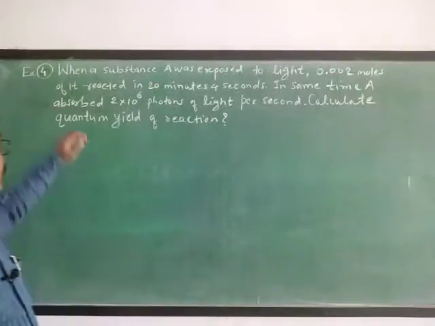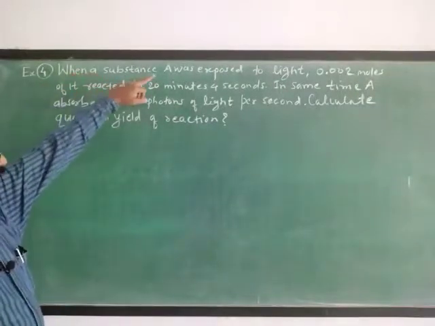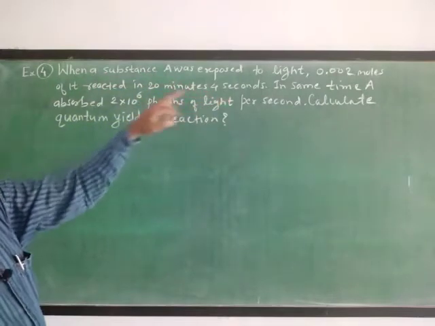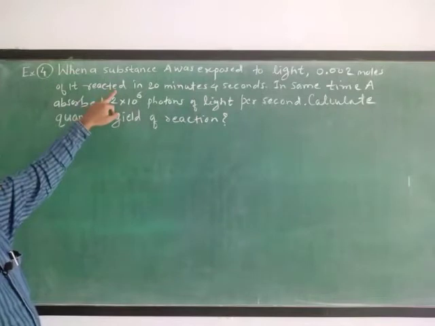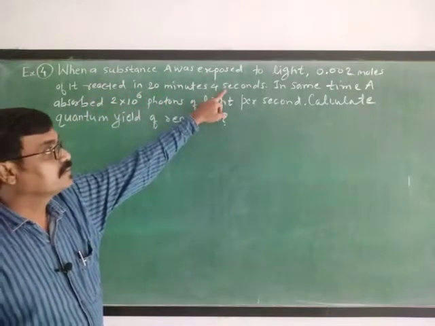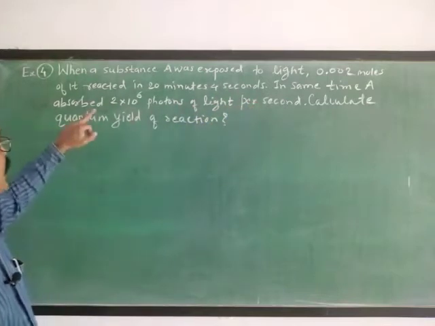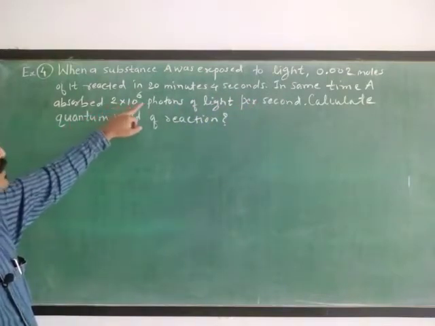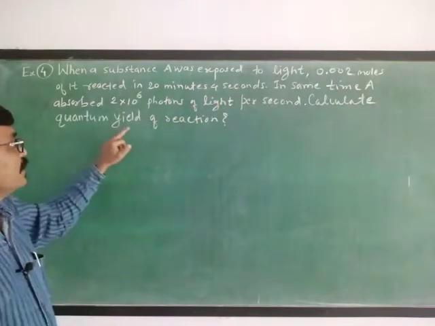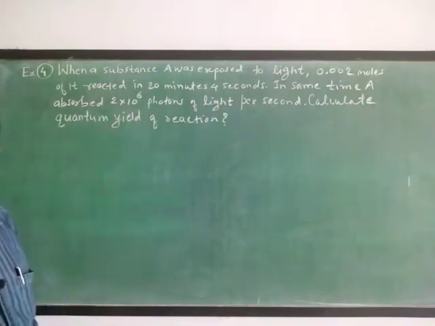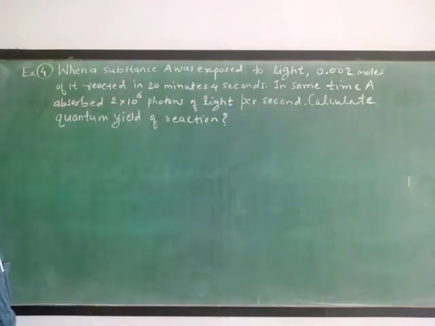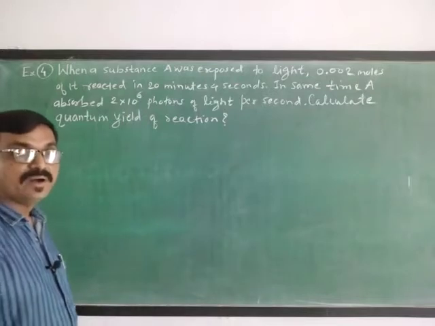See example, when a substance A was exposed to light, 0.002 moles of it reacted in 20 minutes 4 seconds. In the same time, A absorbed 2 into 10 raised to power 6 photons of light per second. Calculate quantum yield of the reaction. Now in this problem, you have to find out quantum yield of the reaction,